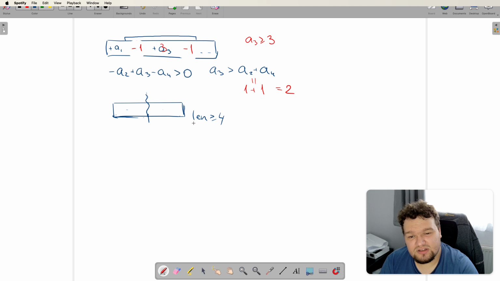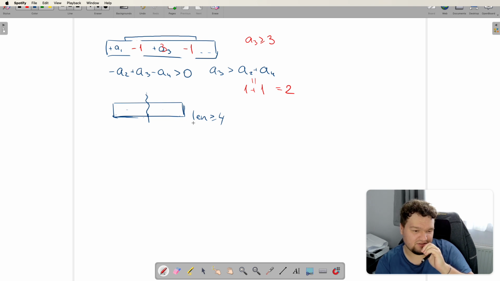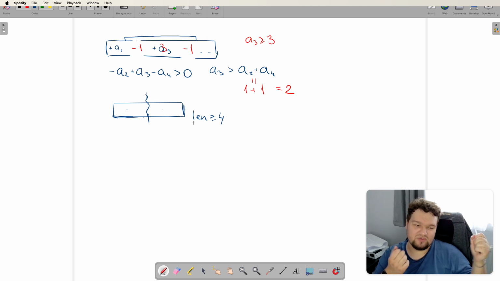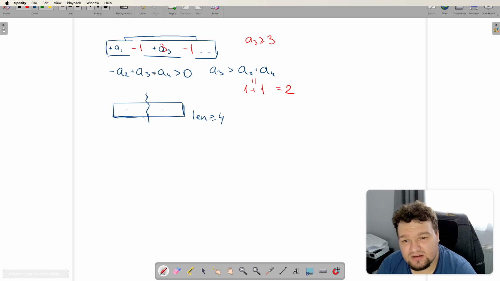So if we make sure that the property is true for every segment of lengths 2 and 3, then we don't have to check it for bigger lengths, because every segment of bigger length can be split into 2 segments of smaller lengths for which the sum is already positive, so we're good. So we only need to check segments of lengths 2 and 3, and